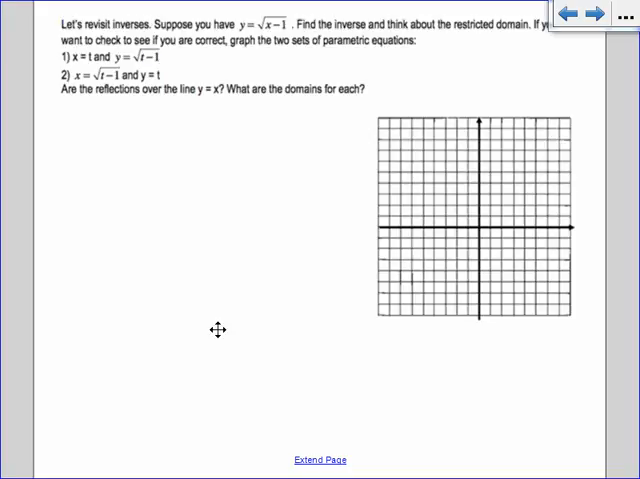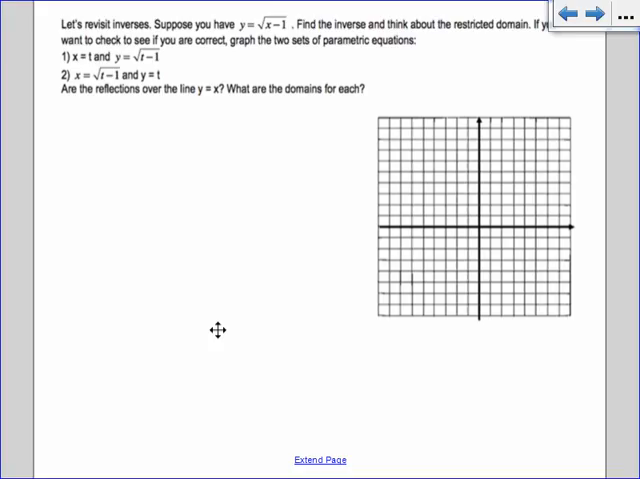All right, so it says let's revisit inverses. So suppose you have y equals the square root of x minus 1. You can make that into a parametric equation. You can just let x be t, and then y equals the square root of t minus 1. It seems kind of weird to do. It's like, well, why do we have to do that? But then it's really easy to graph an inverse on the same screen, because you just switch the x and